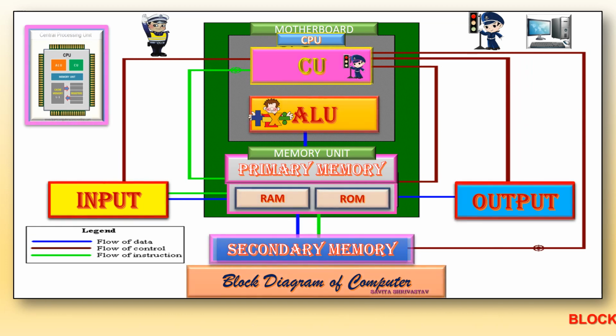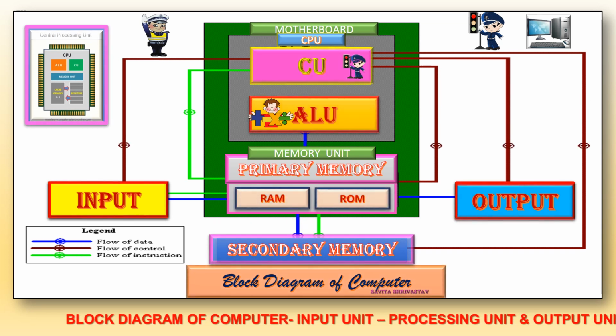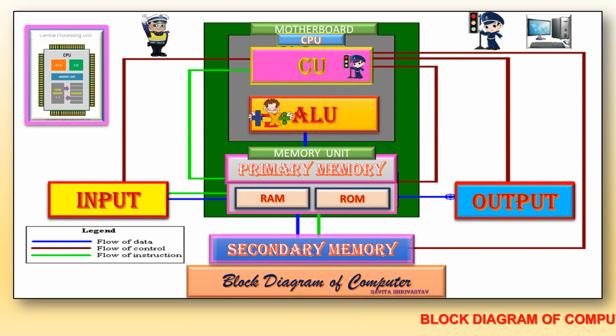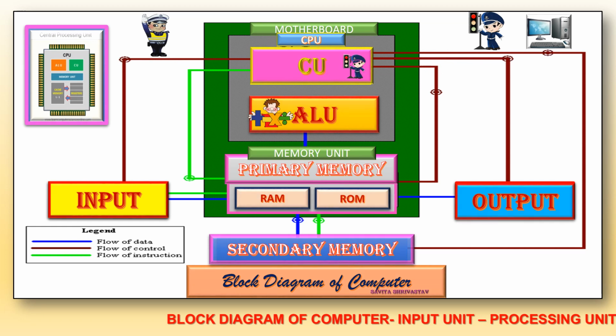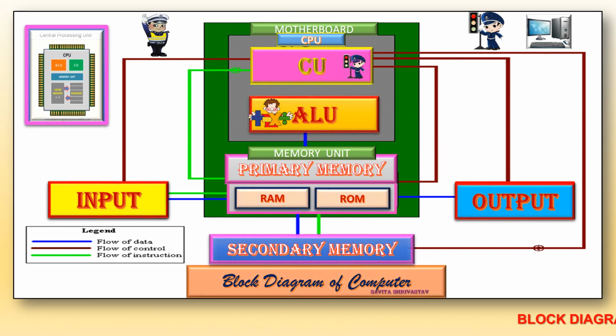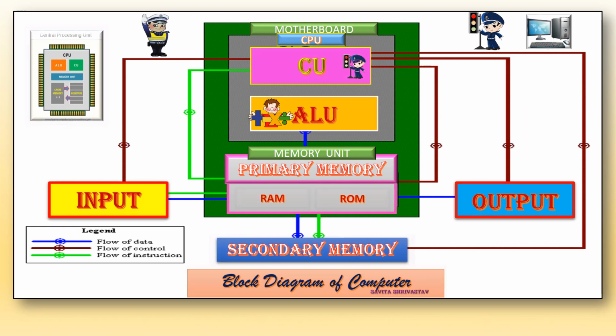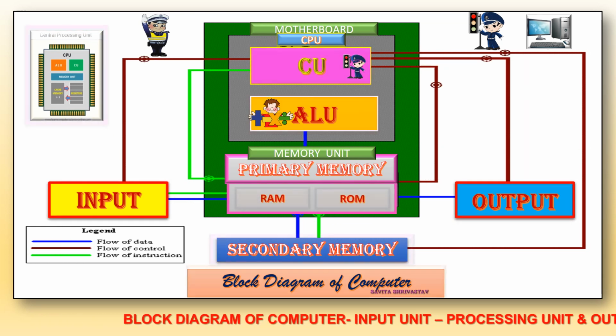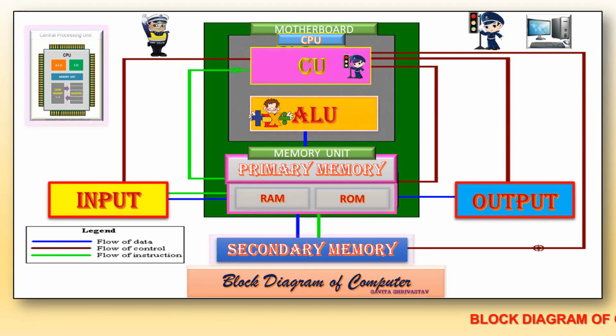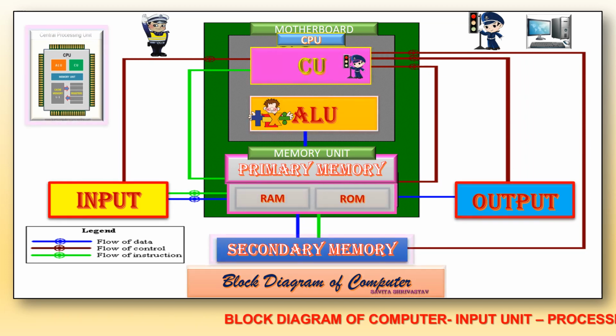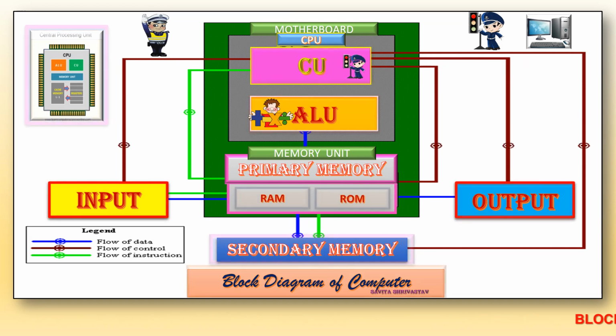Second one is the processing unit, where entire processing, analyzing, comparing, calculating and final storing of data in memory is done. It consists of 3 units: control unit, arithmetic and logic unit and memory unit. So let us learn all these 3 units one by one. Control unit. It is known as the brain of the computer. It is responsible for coordinating all the tasks. Second one is arithmetic and logic unit.